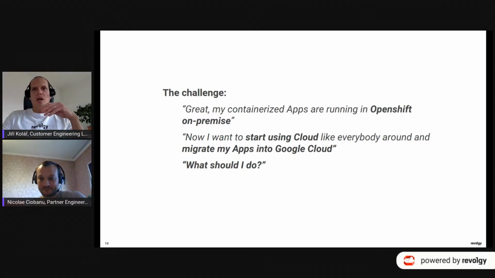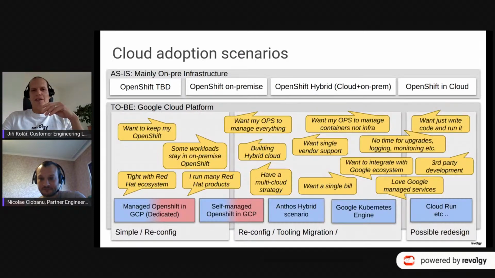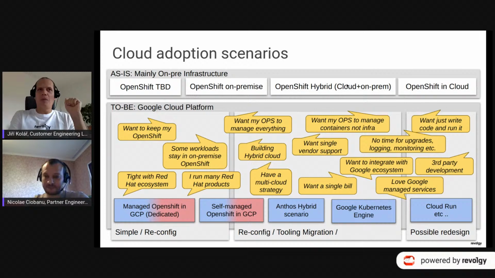Right? So I will show something which looks quite complicated at first view. Let me explain a little bit what this is about, right? So here on top, this is going to be about the migration scenarios, because there are quite some. And as I said, this is about you and deciding where you want to go, right? So this is the as-is situation, right? Maybe you are just implementing or adopting OpenShift or starting to use it for your production workloads, or you're already running OpenShift on premise, right?